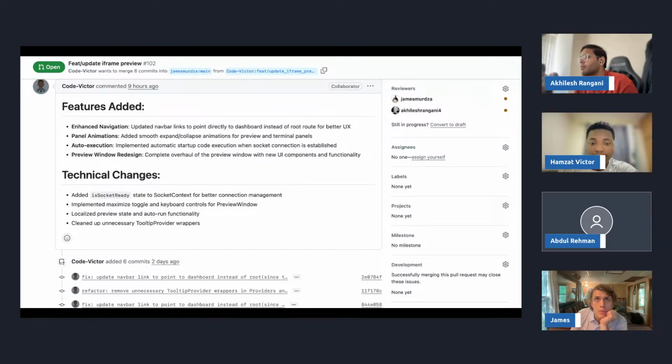But then how do you start the preview now? Because the run button is disabled by default. All right, so the way I did it is that I added a state to the socket context that checks whenever the socket is ready, and when it is ready, I automatically run the function through it. So it creates a terminal, reads the terminal for the preview URL, and automatically opens the preview. Yeah, it worked for me.